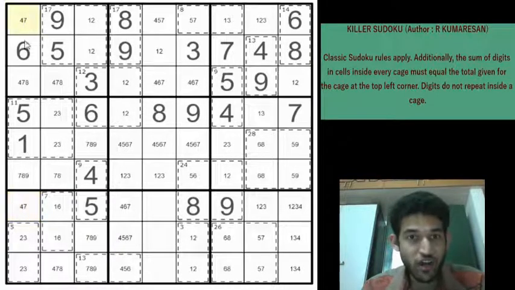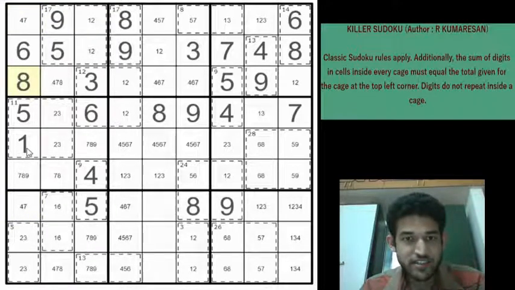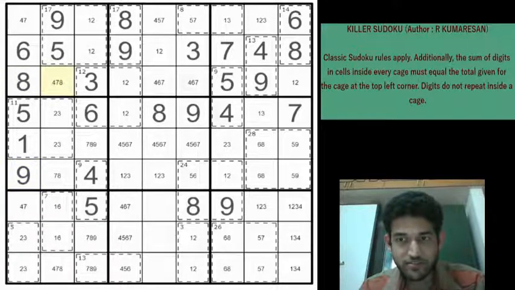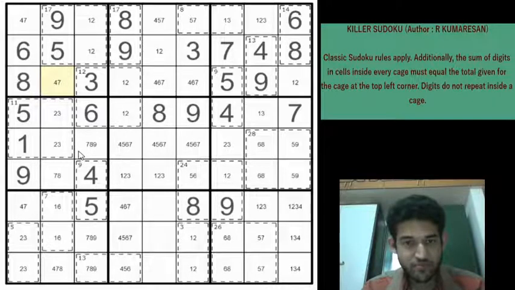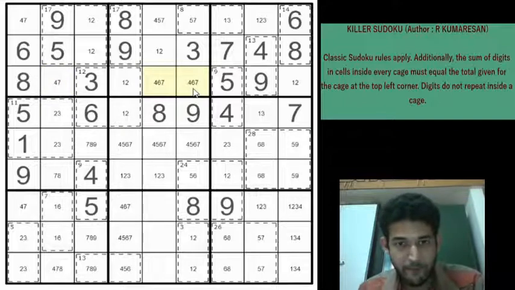Okay, so now in column 1 if you see we have a 4, 7 pair, right? So this is going to be an 8. This will be a 9. Right, 4, 7, 8, and this will be a 4 or a 7. It can't be an 8. So 6 must be in one of these two cells because 4, 6, 7 triplet is there.